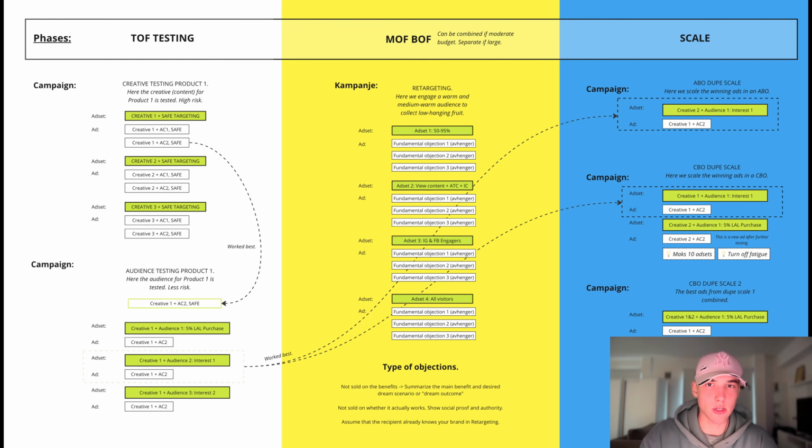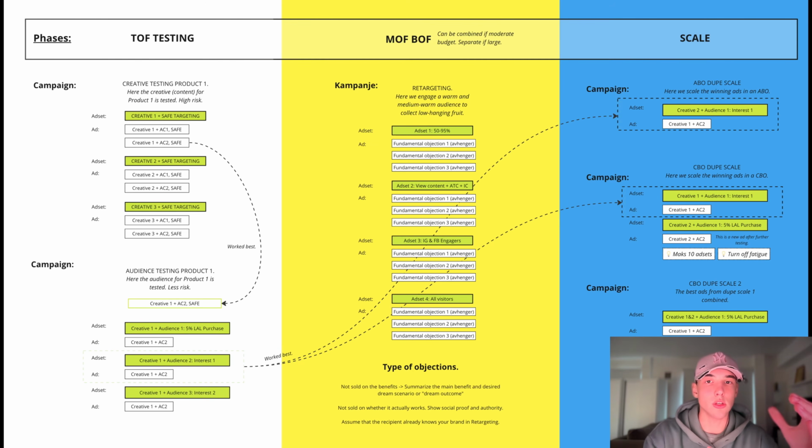And this we can do by tackling fundamental objections. So if someone hasn't bought from you, it is because of some fundamental objection. Either they don't need your product, either they don't trust you, the price is too high, the shipping policy is unclear, whatever it is, they have some type of objection deep within them, and you have to tackle that objection. So the first step to running a successful retargeting campaign is actually mapping out what the fundamental objections of your